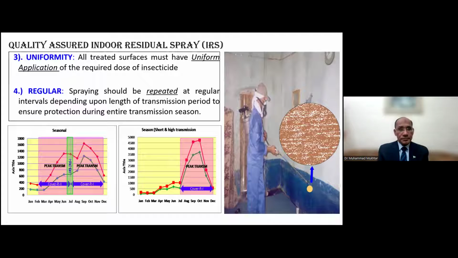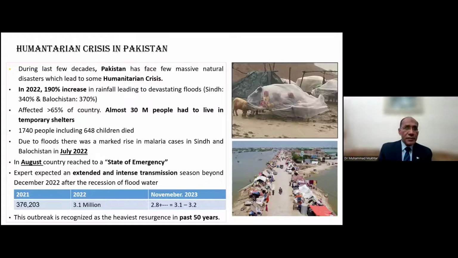Next, please. So these are the 4 pillars, basic principles, strategic pillars, which make the IRS more sustainable and effective. Now, what is a humanitarian crisis? Because I'm now going to share one of the best examples from Pakistan, of how we used the IRS in a